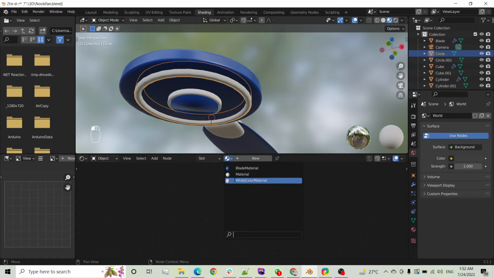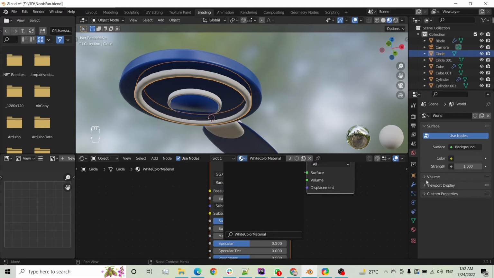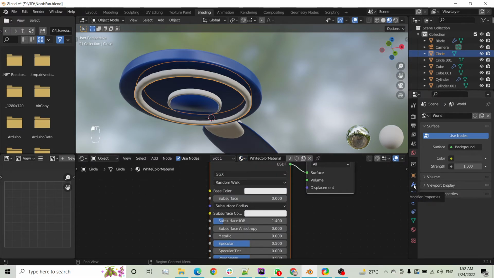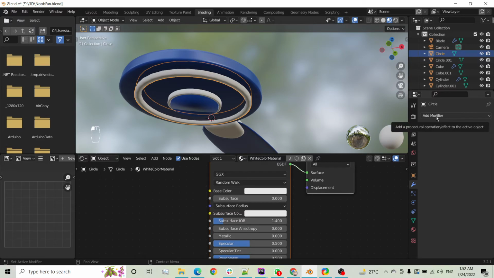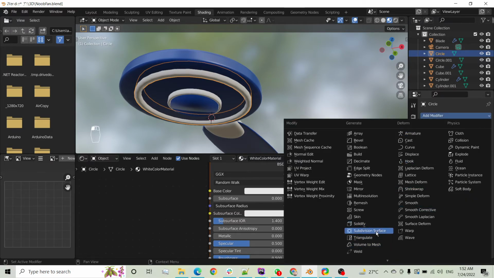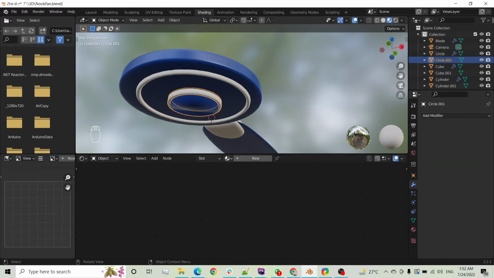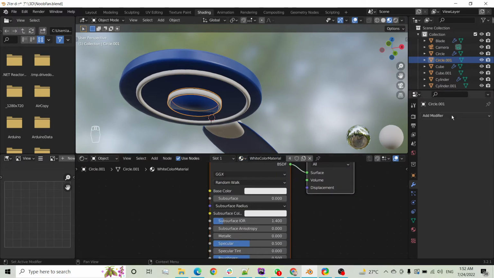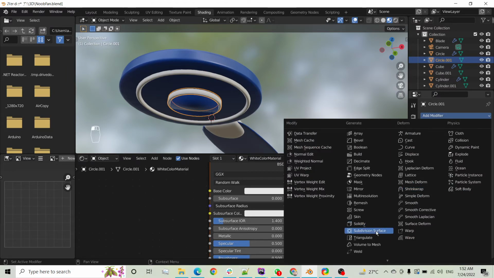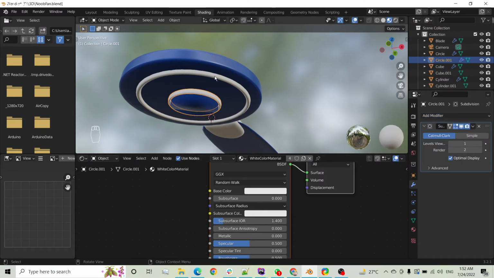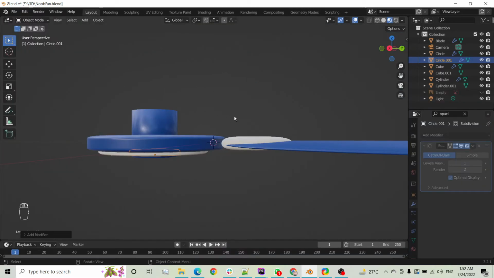add white material. Sorry, we have to check whether we have subdivision surface modifier on this or not. We did not have, that's why it's behaving weird. Now it's nice. Select inner circle and add white material to it, and also add a subdivision surface modifier to give it a smooth look. Yeah, so one blade is done, and